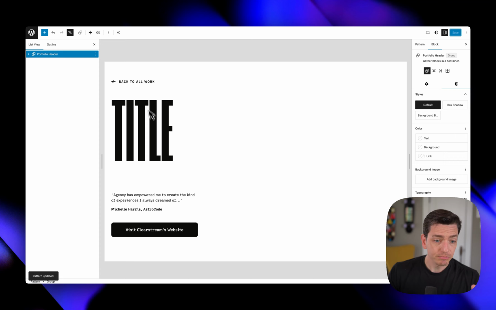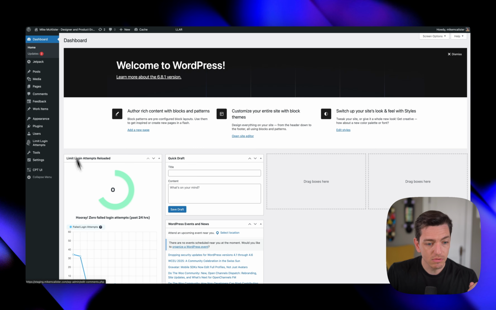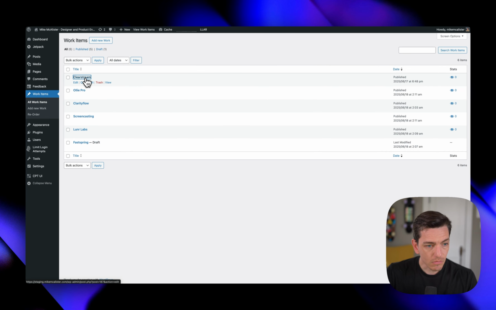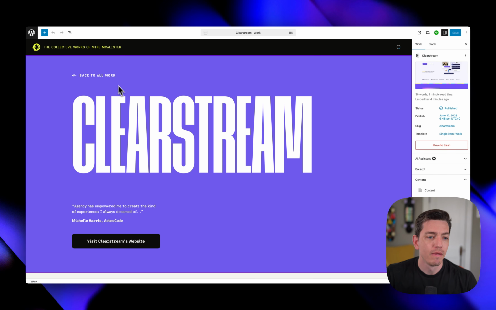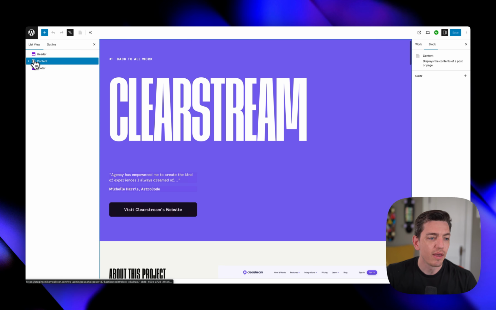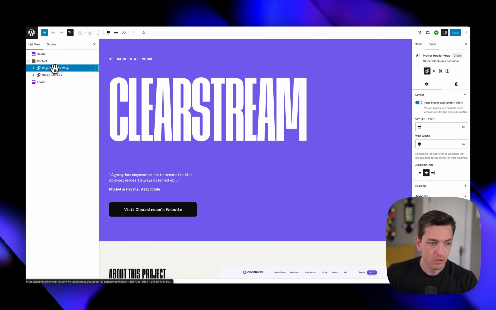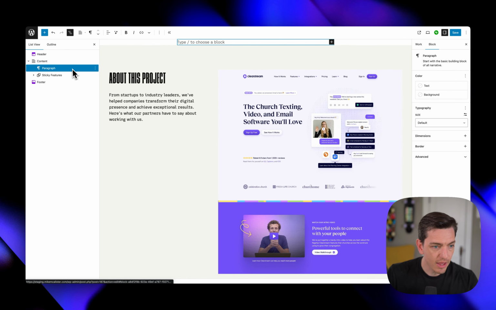So now you can see I have a black and white thing going on here. It's just the default colors that are pulling from the base of the theme, which is a white background, black text. All right, so next, here's what we can do. Just come back out now that we have that saved, and we'll go back into our portfolio item. Go into Clearstream here, and let me delete out what we have in here, and I'll show you what we do. So let's insert